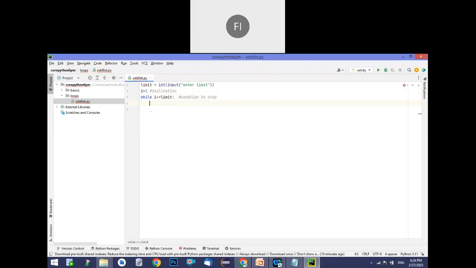Now I just want to print the odd numbers. The values which are coming may be odd or even, so I need to check a condition. For that I'm writing if i percent 2 should be equal to 1. If 2 divides with remainder 0, it's called an even number. If the remainder is 1, it is an odd number. If it is an odd number, I want to print that value. If not, I don't want to do anything, so there is no need to write the else block, because an if can be written with or without else.